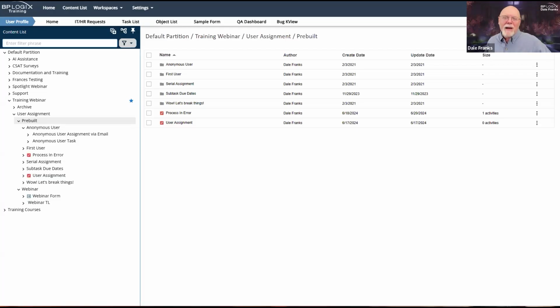And it gets confusing unless we just think of the user activity and the task as kind of the same thing. So I may talk about task assignment, or I may talk about a user activity, but whether I say task or activity, we're talking kind of the same thing.